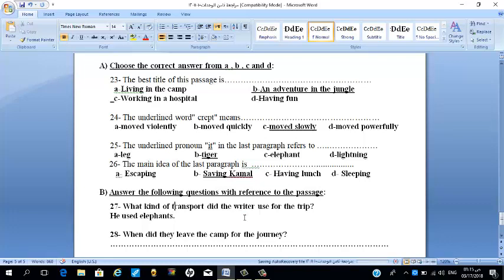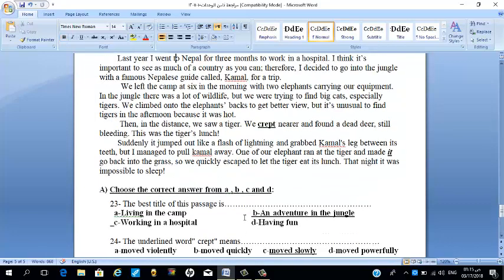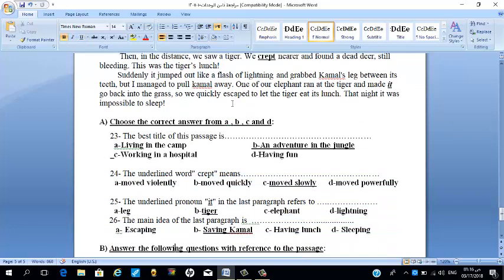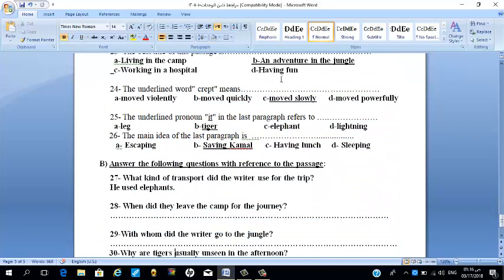When did they leave the camp for the journey? They left the camp at 6 o'clock in the morning. So the answer, at 6 o'clock